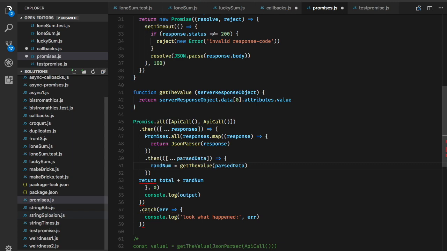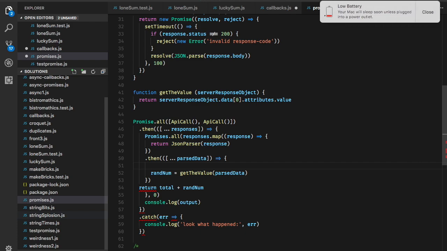All right, so it'd be fun if we could get through this example, though. So we've resolved all the API calls. We have responses. We're now going to go through all the responses, and we're going to parse them. So then we have parsed data. Now we want to reduce the parsed data, right? Yeah, parsed data dot reduce,